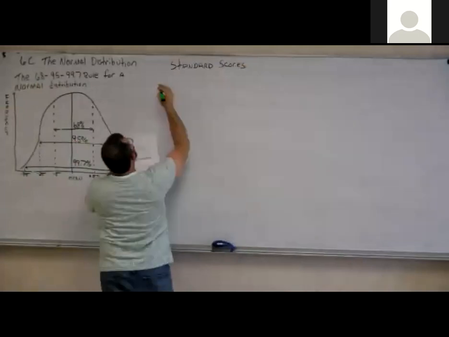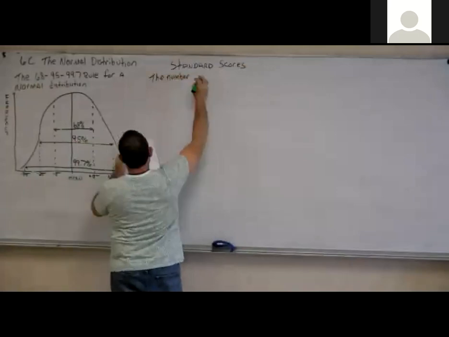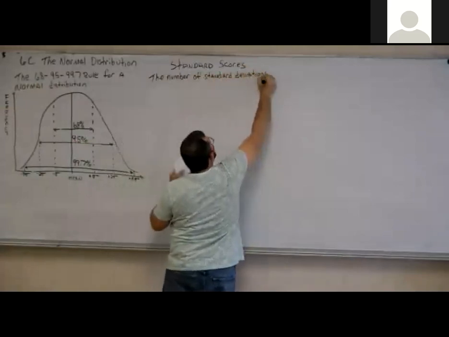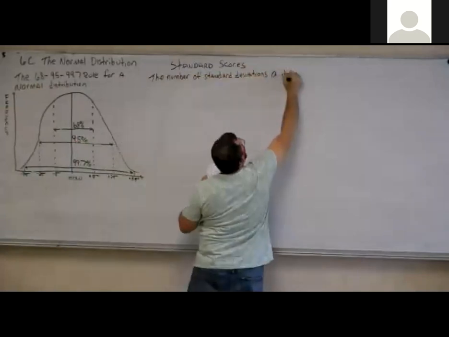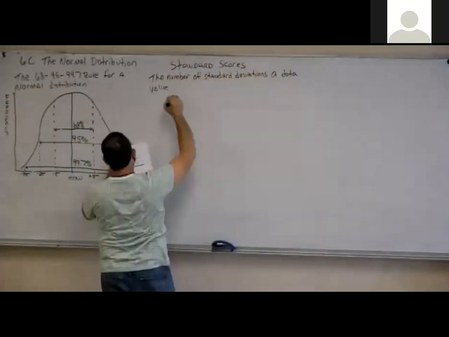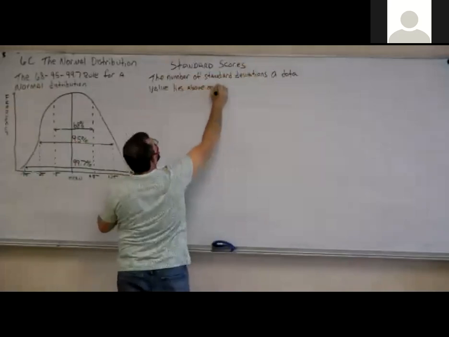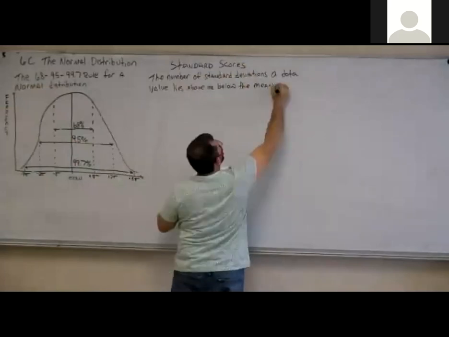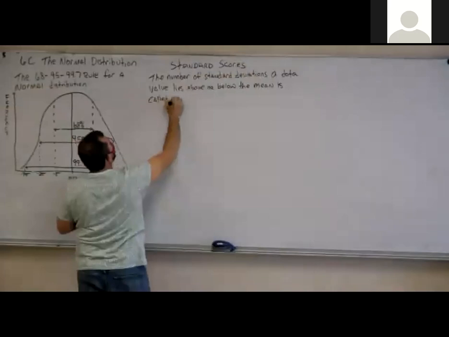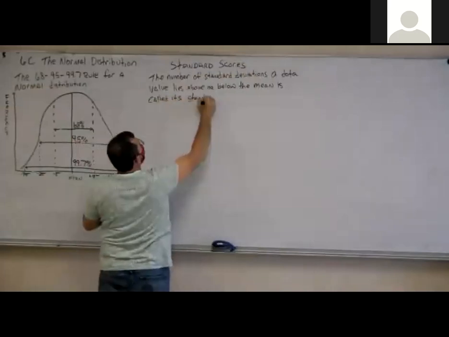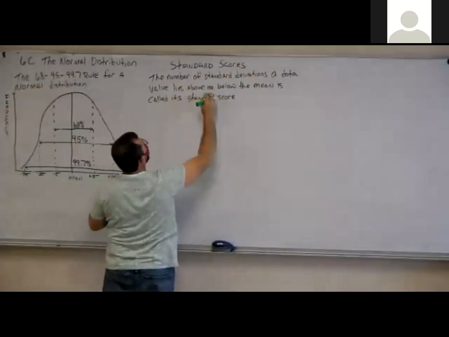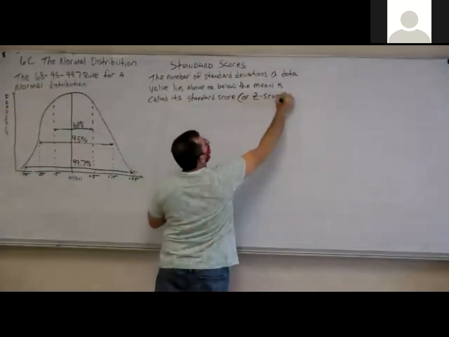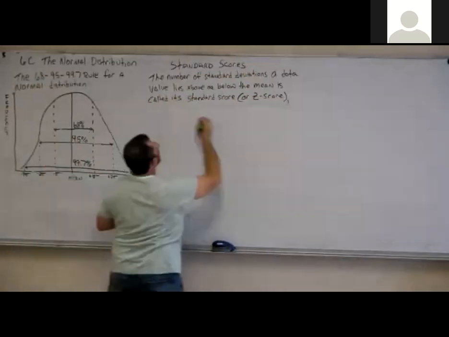So standard scores: the number of standard deviations a data value lies above or below the mean is called its standard score or z-score. It is defined by,